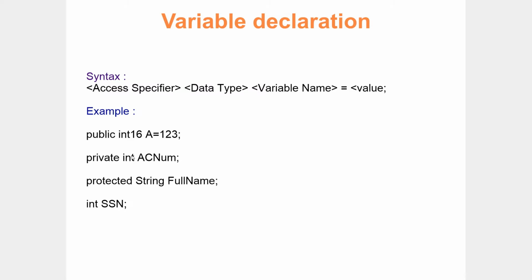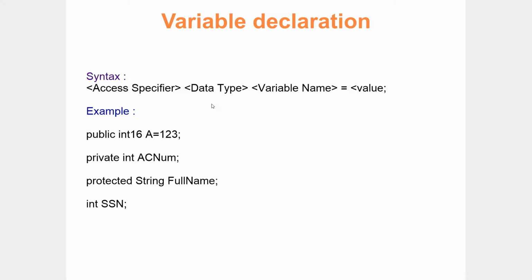Even if there is no data type called int, C# has provided this facility. Still you can define an integer as int. There is no class called int, but still you can define it as int. So what will happen? Internally, this will be pointed to the int 32 data type. This is a very important question.